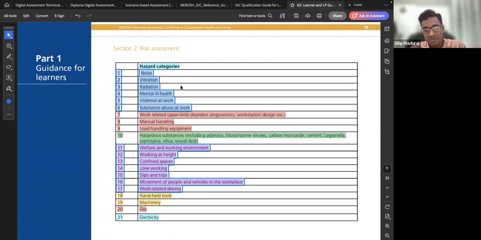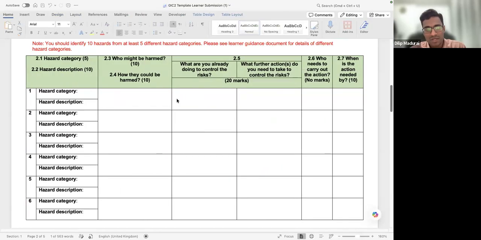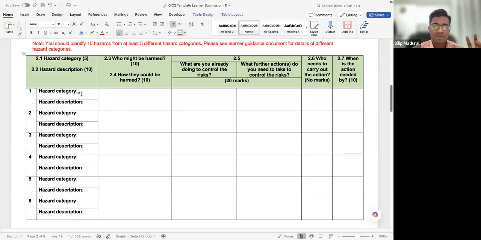We are not going to give much medical detail here to satisfy the need. For example, I have chosen construction, and like you said, the examiner does not have any experience related to construction activities. Here I am writing about noise, and because a hospital doesn't have noise, I've chosen construction, and in the hazard description, I'm going to write about